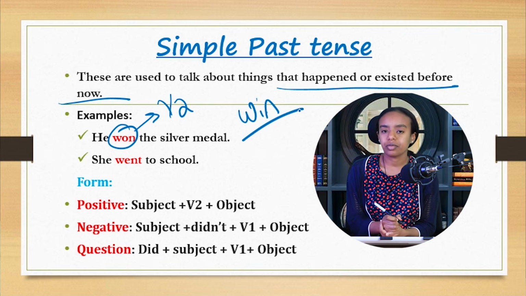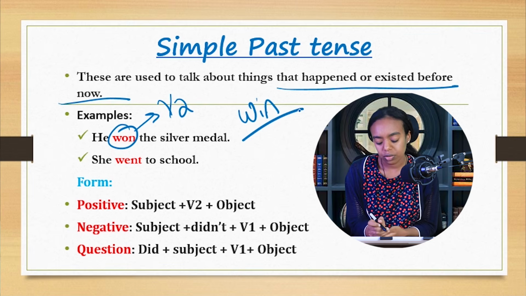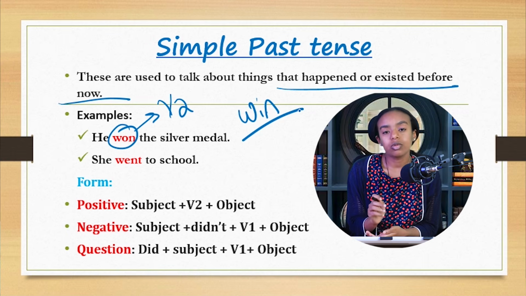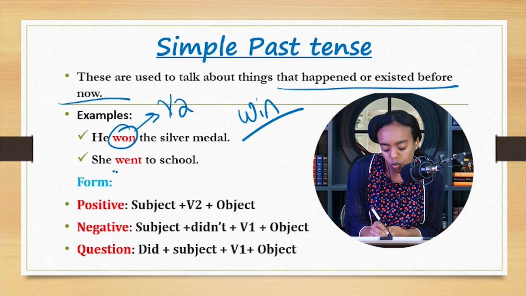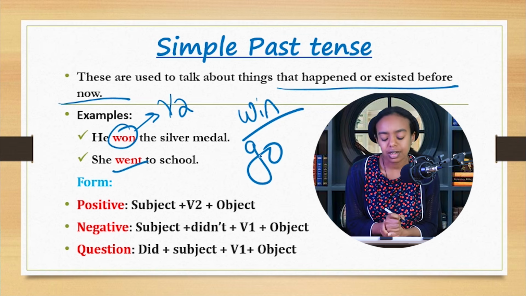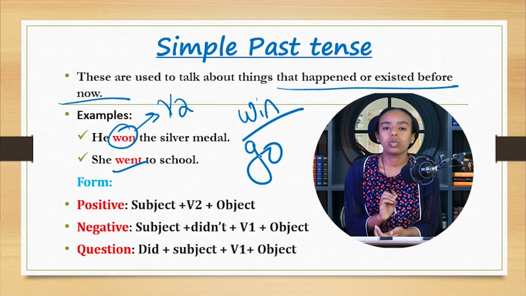win past tense ነው። She went to school. We have seen this example. ይሄንን simple present ላይ present continuous ላይ አይተነው ነበር። past ሲሆን ግን ወደ ትምህርት ቤት ሄዳለች in the past. That's when she did go to school. So went go past tense ነው ማለት ነው።